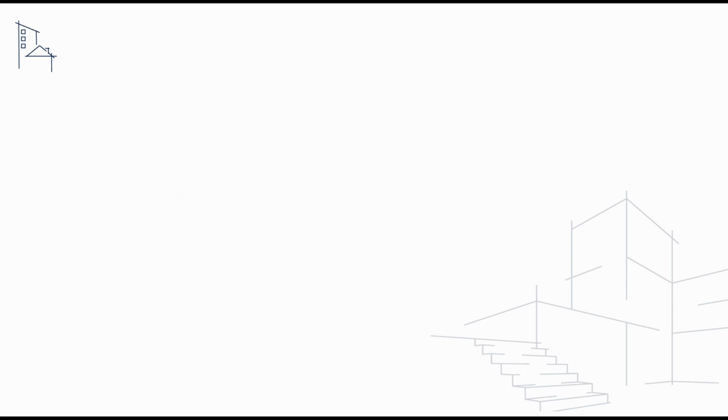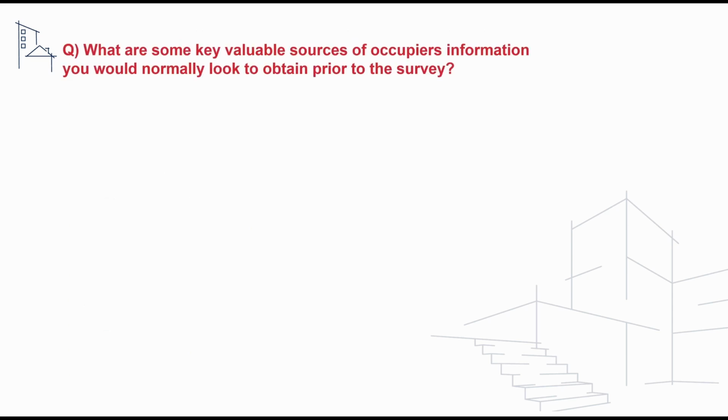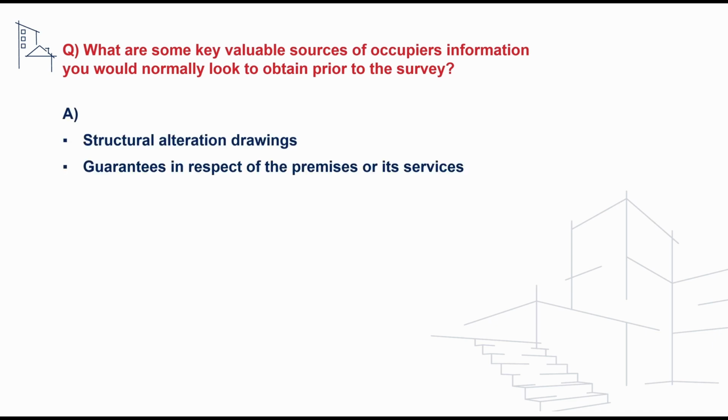We may also be asked a question from the assessors on what are some of the key valuable sources of occupiers' information you would normally look to obtain prior to the survey of a property. To address this, we would reference any structural alteration drawings, any guarantees in respect of the premises or its services, any flooding or boundary documentation,